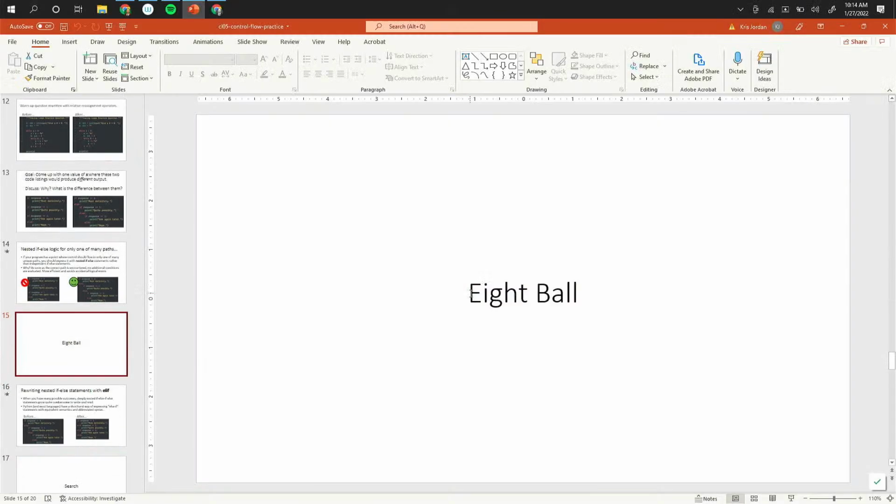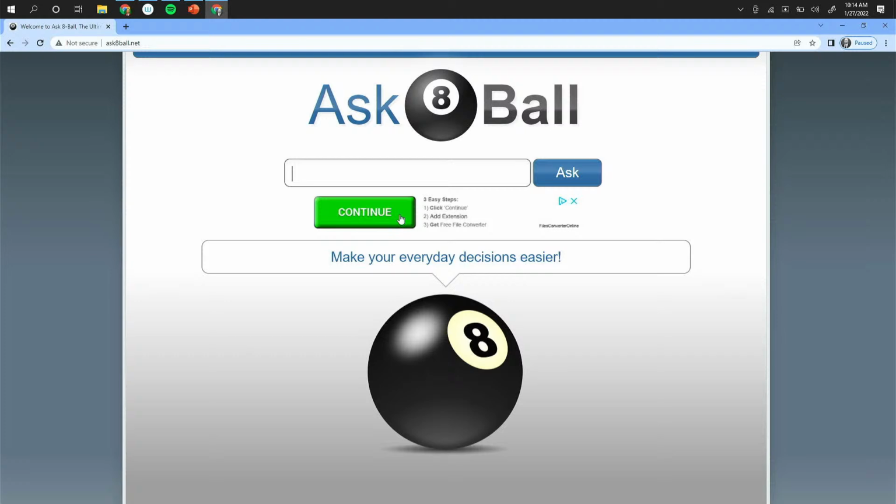All right, so next I want to try implementing with you an example of this so that we can discuss one other code construct today. But first, I want to give you an example of where we're going. So hopefully some of you have seen an 8-ball, a magic 8-ball that tells you the answer to a yes-no question. I'd love for someone from the audience to provide a yes-no question for me to ask the 8-ball.